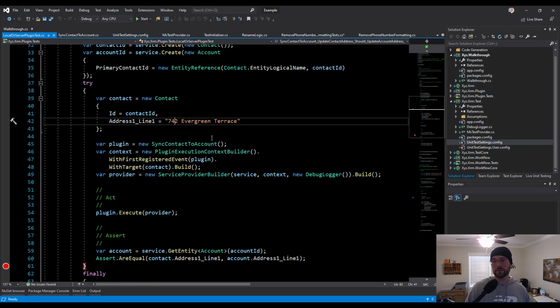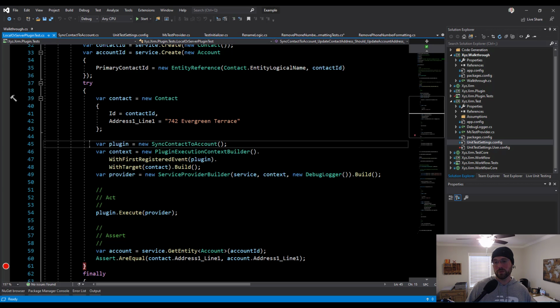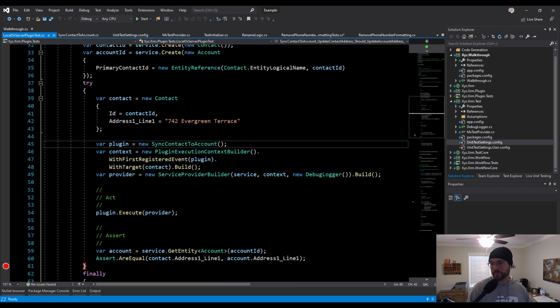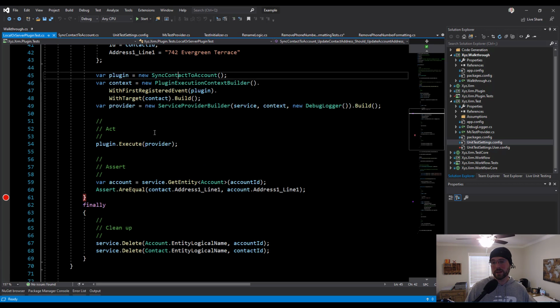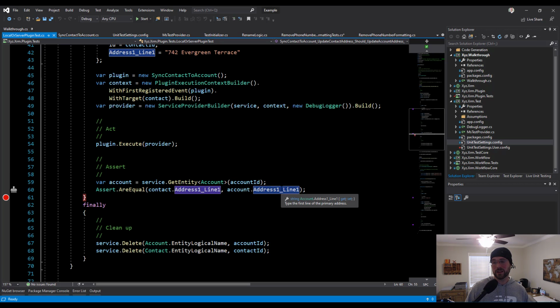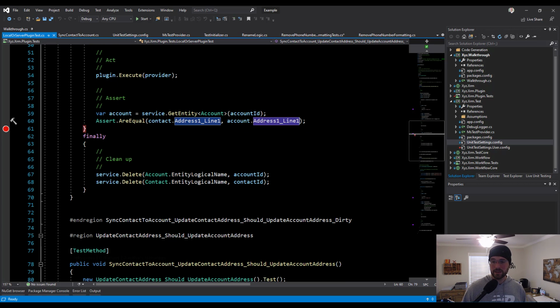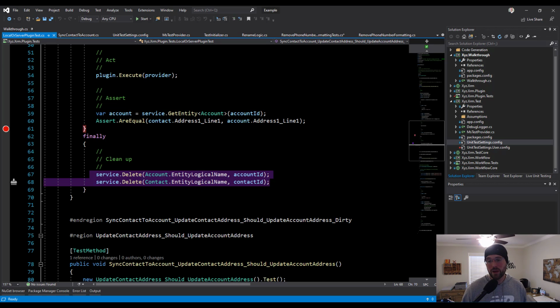All right, we have the 742 Evergreen Terrace. Many people find that address familiar since it's from The Simpsons. But that's our contact address. We go through, set up the plugin execution where we're populating the target and the event of the actual plugin. So the first registered event in the plugin, in this case, is going to be a post-operation create for the contact. Yep, so execute that. And now we have this assert here where we go and get the actual account and assert that the address line 1 of the account is now equal to the contact address line 1. And then finally, when the test is done, we go through and clean up all of our account information and our contact information,